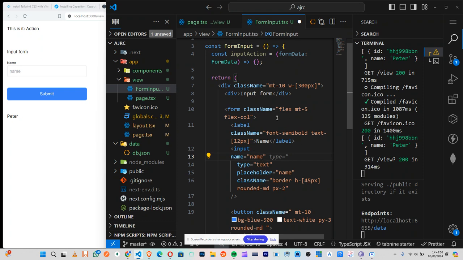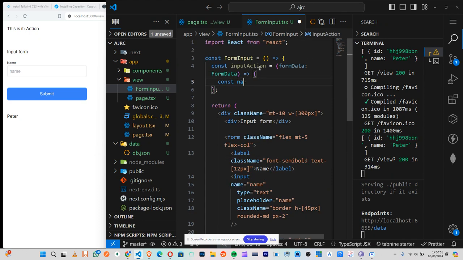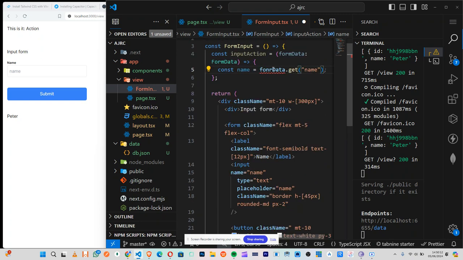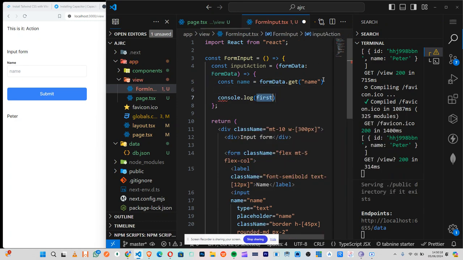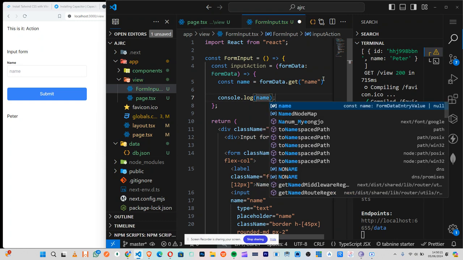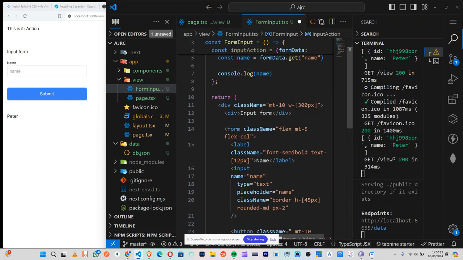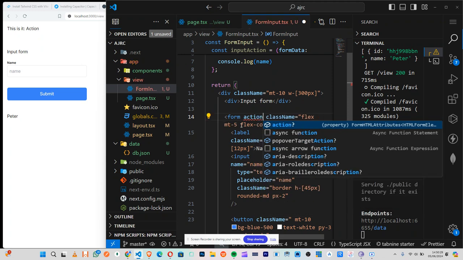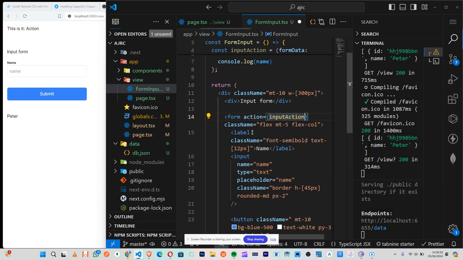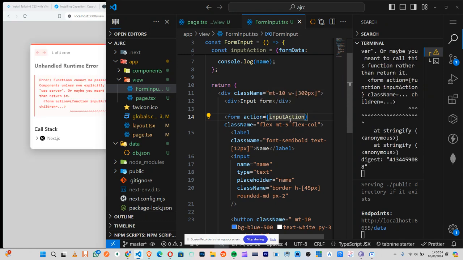Okay. Now we come here. We can now say const name is equal to formData.get. Then inside there, I'm going to pass this name that I typed in here. Right, this name. So let me say console.log name. Now this form, by default, all forms have a property called action. So inside that action, I'll pass this. So if I save now,